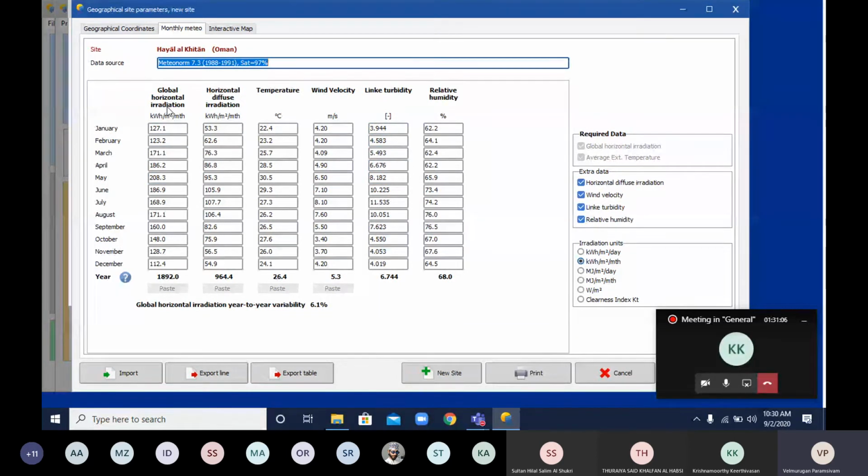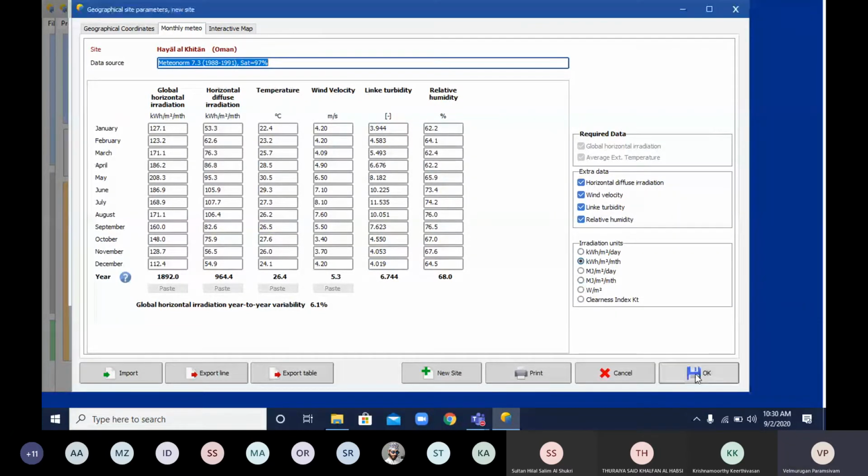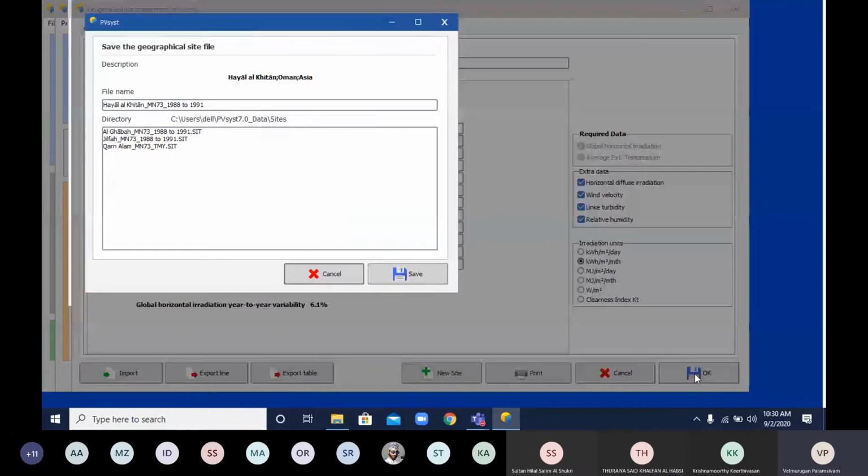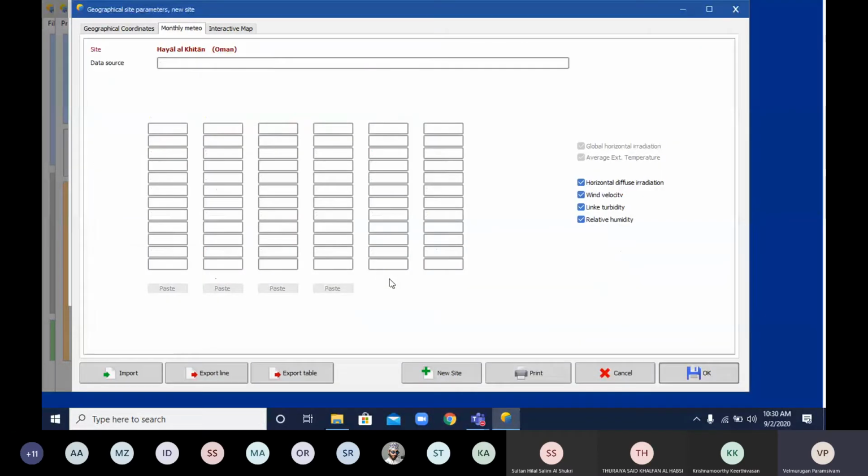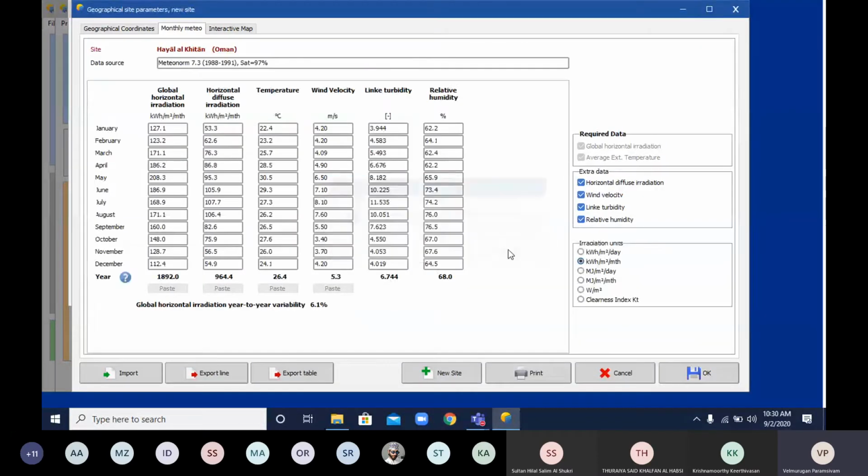What is the horizontal radiation and horizontal diffuse radiation, temperature in every month, wind velocity, and relative humidity. So all the values will be obtained for that particular place. Okay, so we are choosing this one. Next, just click OK. Finish this one, click OK. Save this place, save. Actually, yes, click OK.